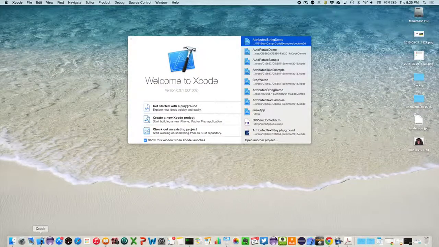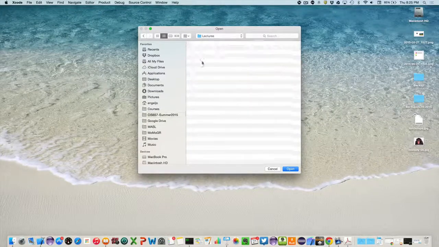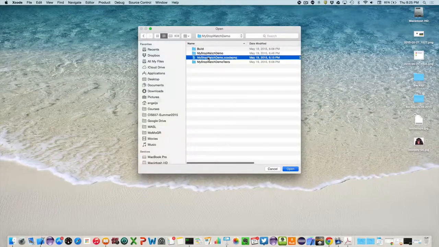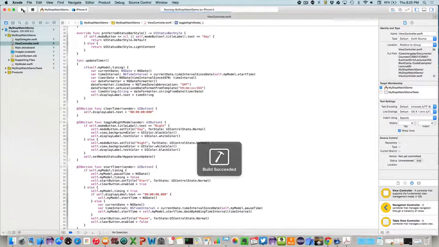Alright, so let's take a look at auto layout for the first time. To do this, we're going to revisit the stopwatch application that we worked on back in lecture 4. So I'm going to go ahead and open that project up, and I've made a copy of it. Let's open it up, and let me run the app so you can remember what it